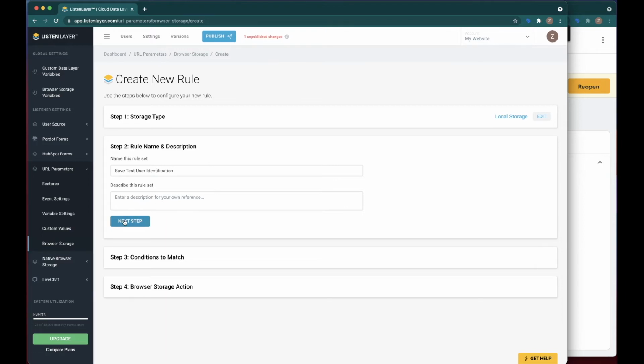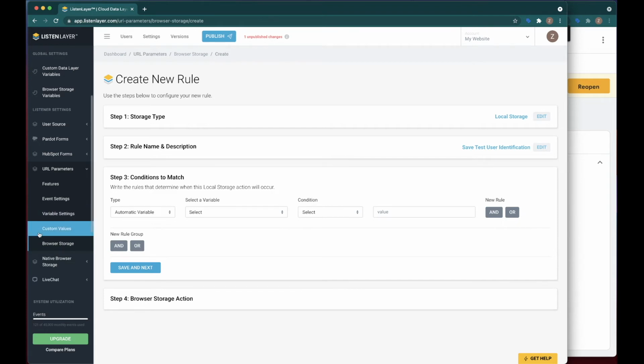Just as a quick summary, what we did in the custom values feature in that other video that I referenced is we're telling our internal team that when they visit the site, we want them to put a URL parameter on their URL to help identify them as a test user or as an internal user, and we want to filter them out of our analytics. We don't want them to be included at all. Well, it's easy enough to push that into the data layer and register it in Google Tag Manager and use that, but what we really want is to have that persist over time. So then in all of our future data layer activity, we can resurface that information